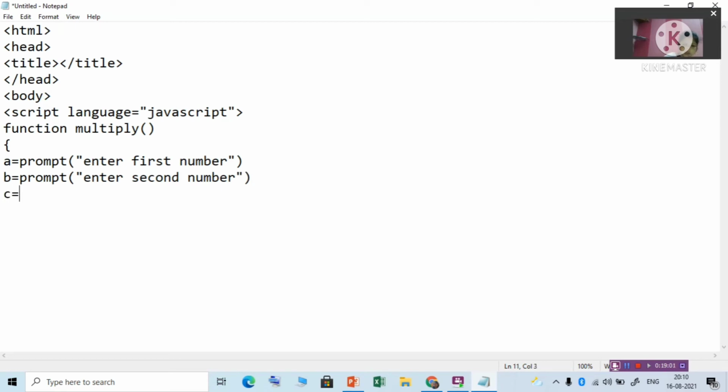Suppose c is equal to a multiplied by b. Then I will write here alert c. Close the function. Suppose this is a function. Now I have defined this function multiply that will multiply two numbers.